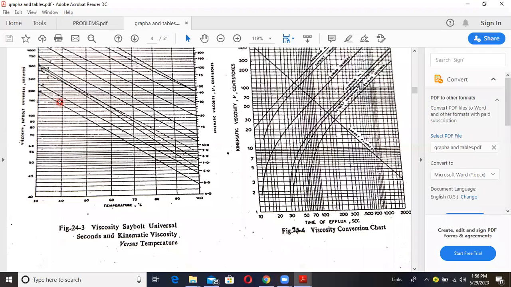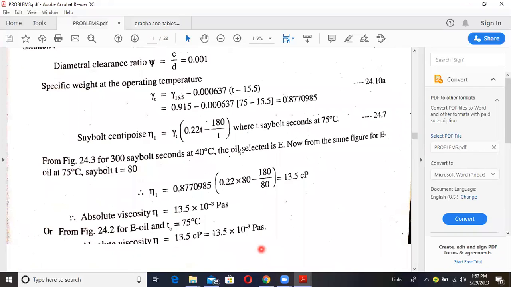See this curve, that is the A, B, C, D, E curve. Whatever the inclined line is there, the E inclined line, for that E inclined line, 40 degrees at 300 is intersecting at E. Now for the same E, we are going to take the operating temperature. For 300 Saybolt seconds at 40 degrees, the oil we got is E. Now from the same figure, for E at 75 degrees Celsius,